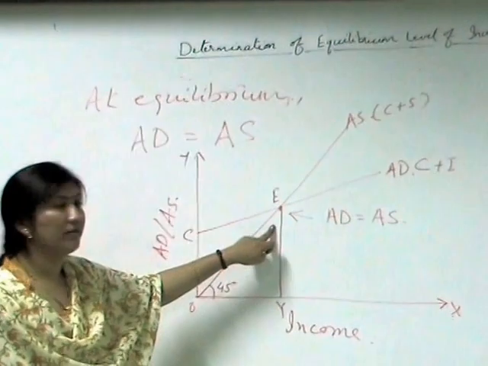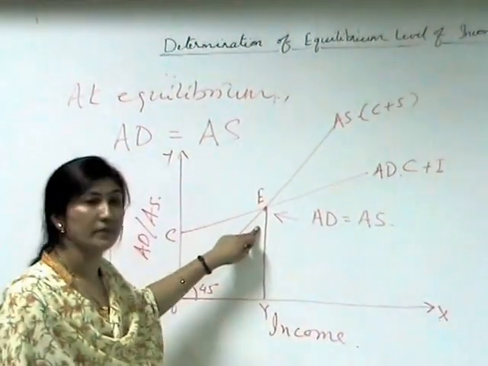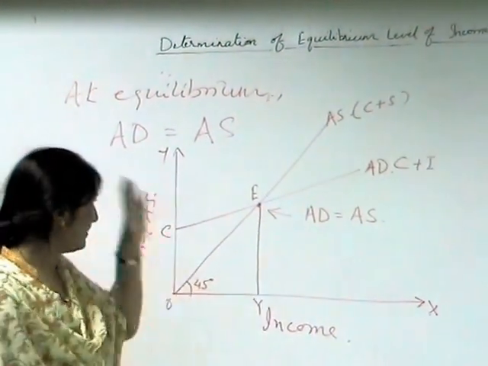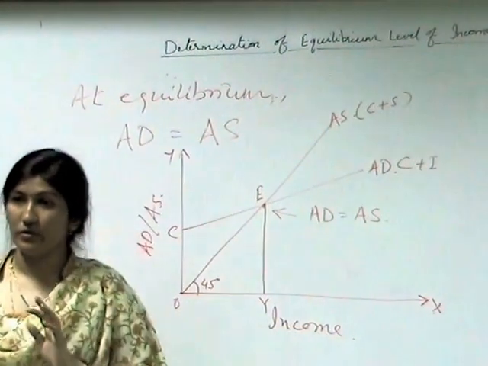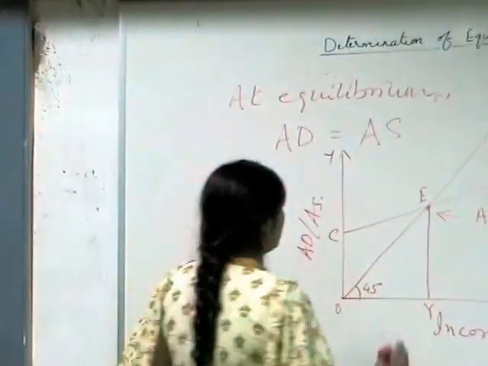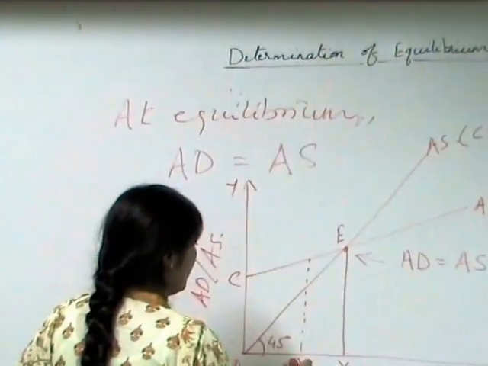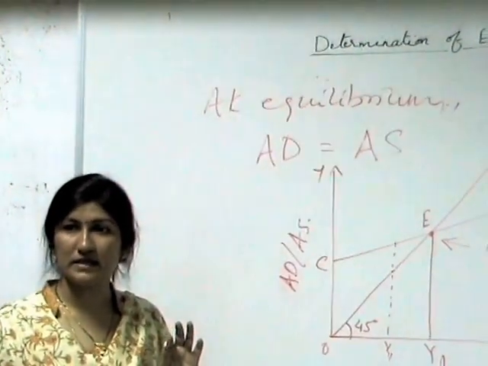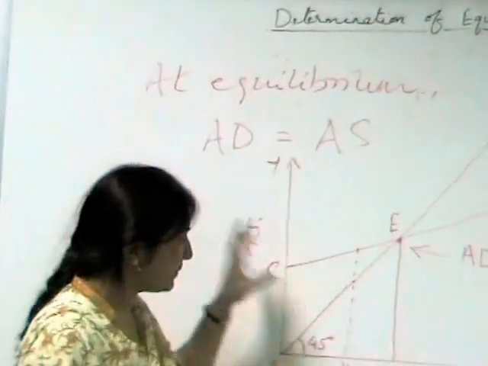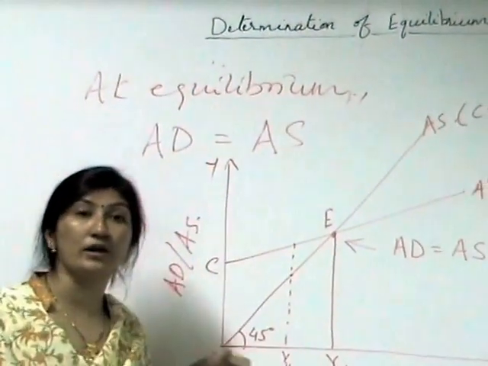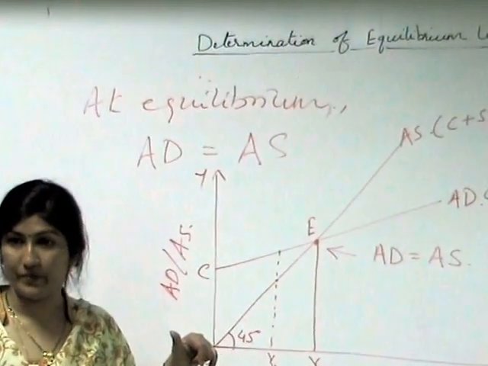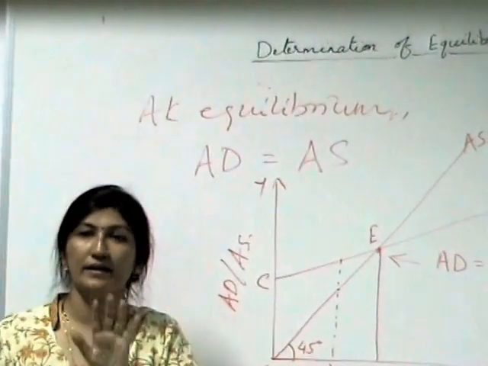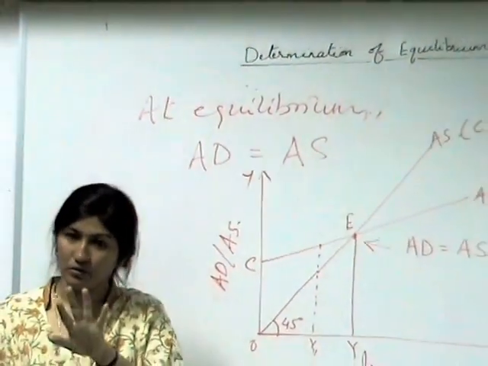Yes. This is your equilibrium level of income, income and employment and output, where AD is equal to AS. Suppose, why this is an equilibrium, that too should be known to you. Suppose there is another level of income, Y1, this one. Can anybody explain this? Now, why am I saying that OY is the only level which is the equilibrium? Why not the OY1 level as the equilibrium? The first answer is that they are not equal to each other, and our condition says that AD should be equal to AS, and that's why.